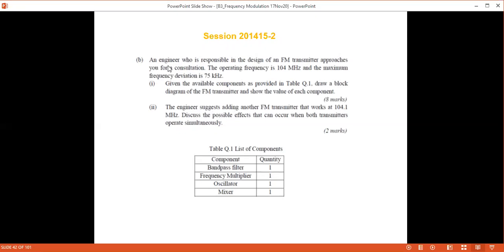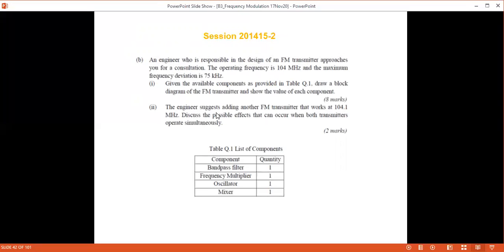So this actually belongs to wideband FM generation. How can we tell from the frequency deviation? The narrowband frequency deviation is not as high as this. So 75 kilohertz belongs to wideband FM. Okay, and then